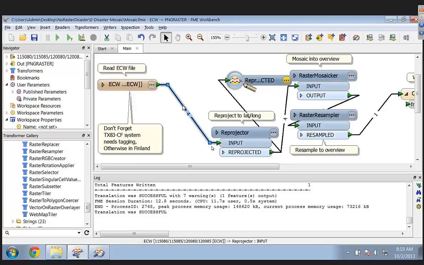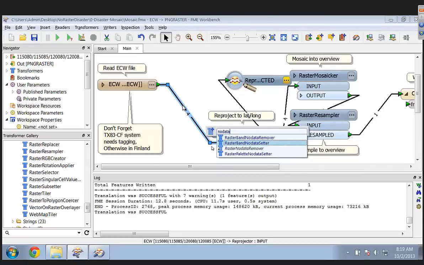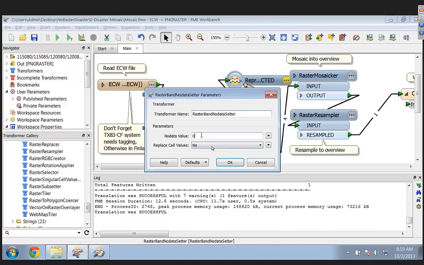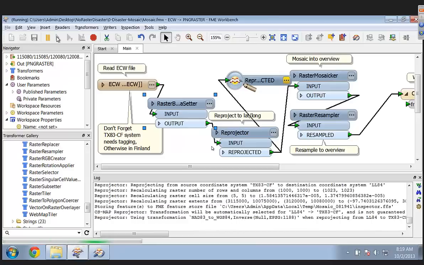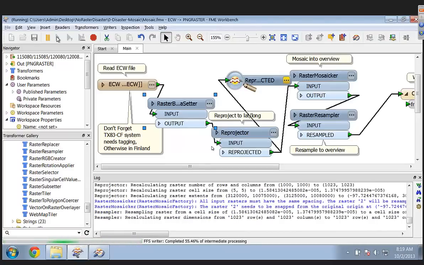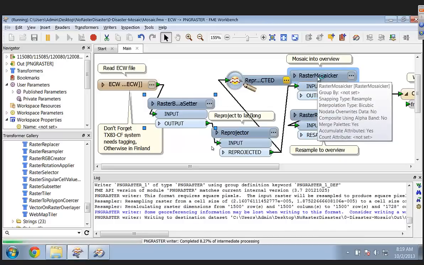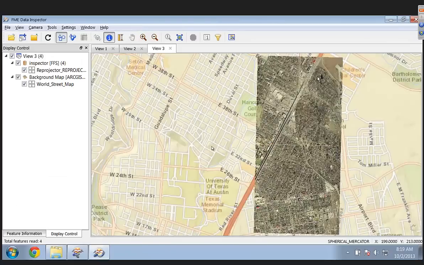But there's another alternative which is called no data that many formats support. So we're going to add a no data, which is a simple on-off channel. So raster band no data setter? No data setter before the reprojector, and we're going to set our no data to 0. That'll set a no data on each band to 0, which eventually works out to black anyway. Now in the output image, it's going to take what was black before and make it transparent so the underlying images can show through. The mosaicer will basically say, if I have two things to choose from, I'm not going to pick the no data. Yes, it will. And that's going to heal those tears in the space-time continuum.